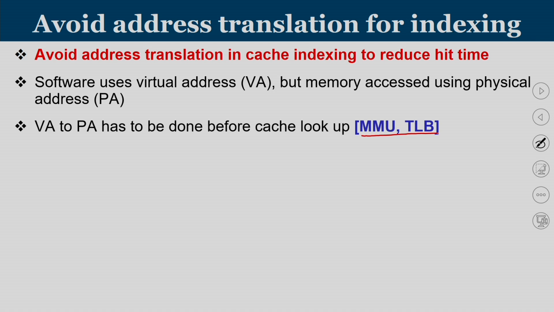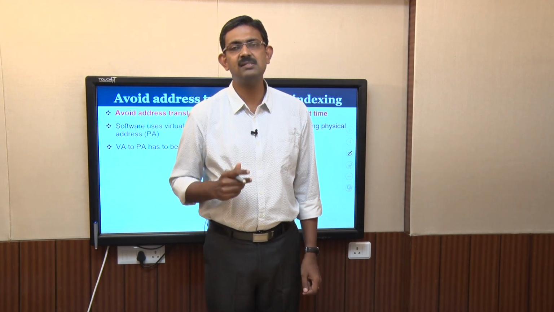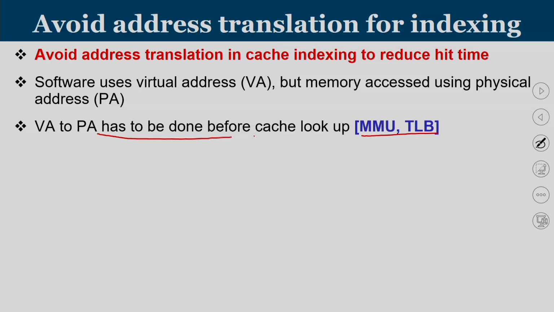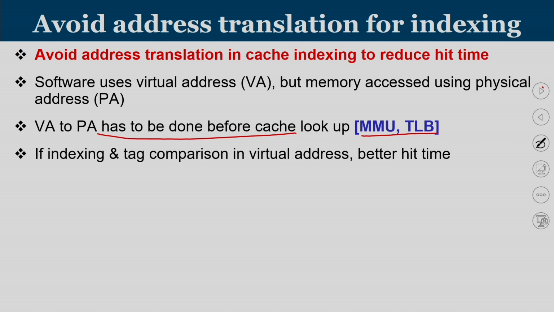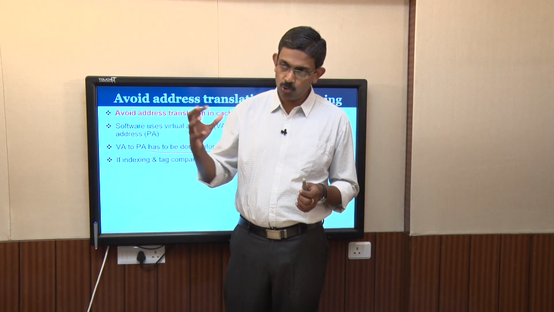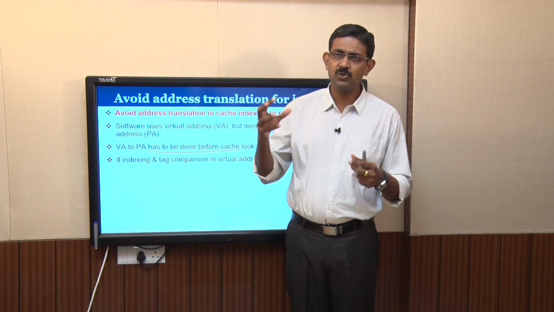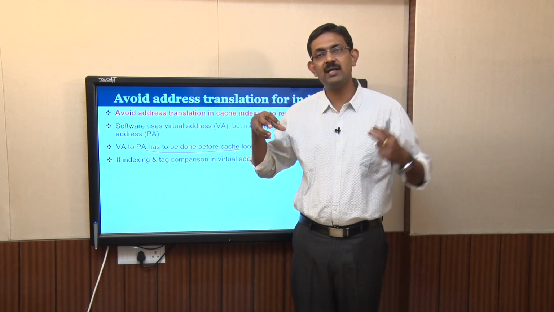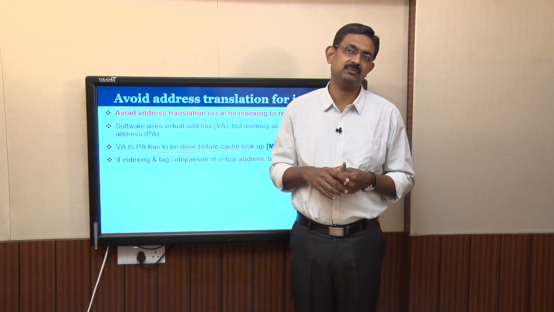So you have page tables that convert your virtual pages into physical frames, and then using offset. These are the concepts typically we learn in an operating systems course. So virtual address to physical address translation has to be done before cache lookup. Now we know that once you access cache, there are two operations involved. First, you have to index into the corresponding set. Once you index into the set, the tag value which is stored in the set is extracted and compared with the incoming tag in the address. So indexing happens first, followed by tag comparison.